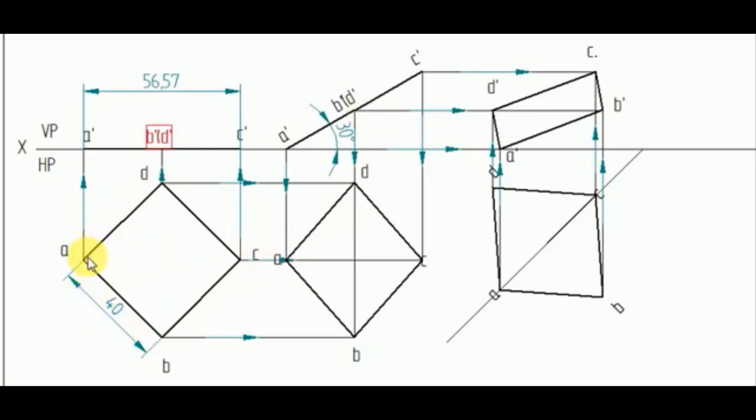Now, when you are drawing your grid book, you will be having a box of 10 by 10. Just draw a horizontal line, a normal horizontal line, keeping some distance from the left side of your grid book below XY line. Then take a 45 degree line above the horizontal line and a 45 degree line below the horizontal line. Then cut that 45 degree line by 40 mm on both the sides.